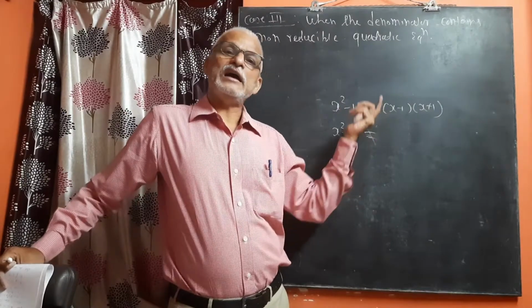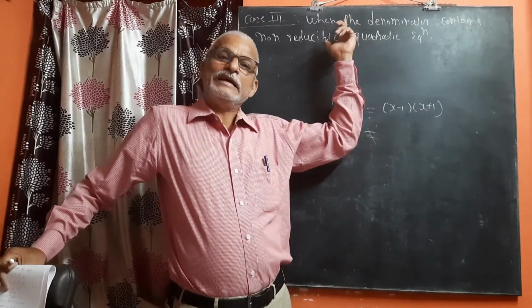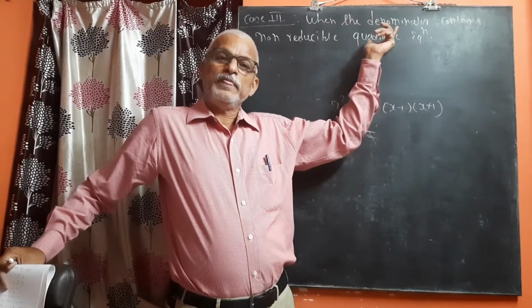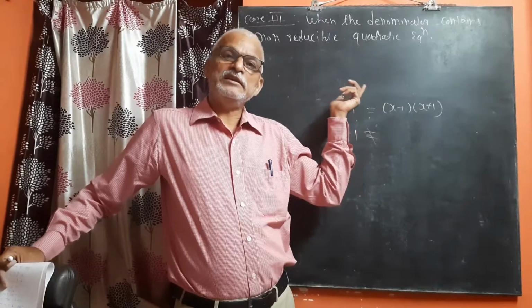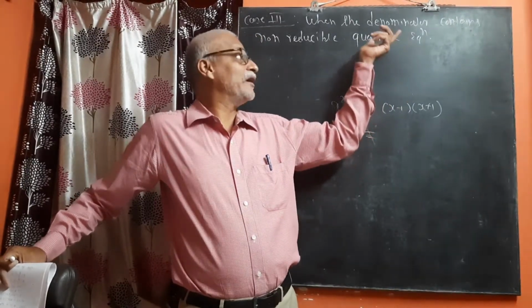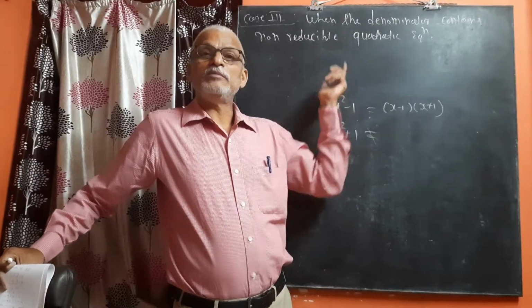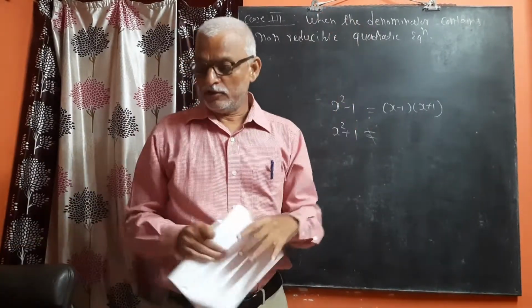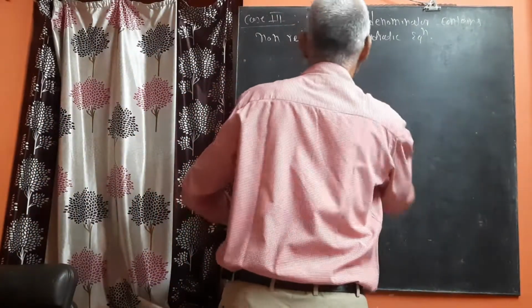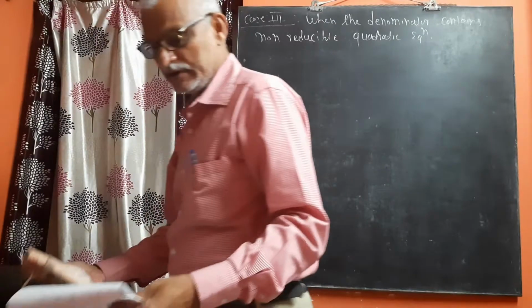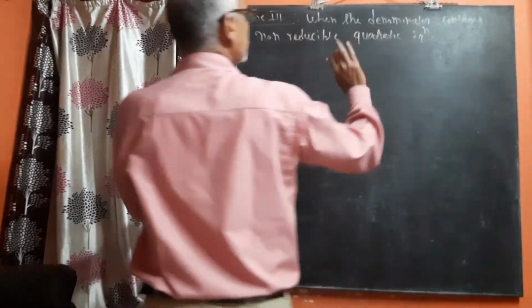After factorization, either you will get the first condition, that means when the factors are linear and non-repeated, or sometimes you will get the second condition when the factors are linear and repeated. But when the quadratic equation is non-reducible, you have to solve it under this heading. Now there is a completely different method to find the partial fractions when the equation contains a non-reducible quadratic equation.